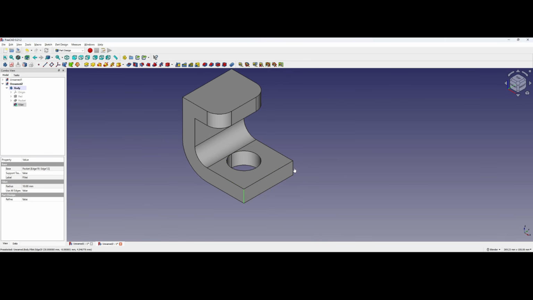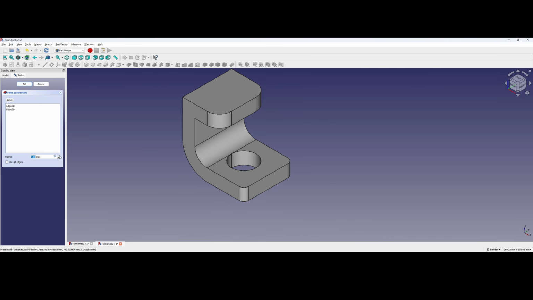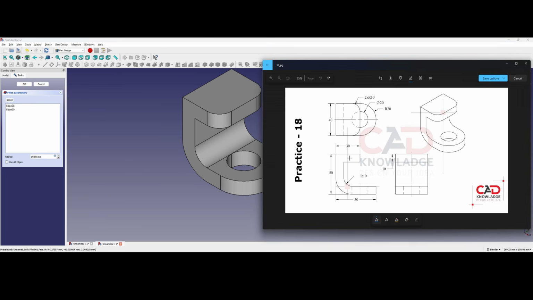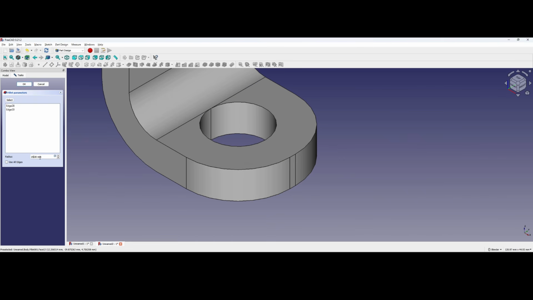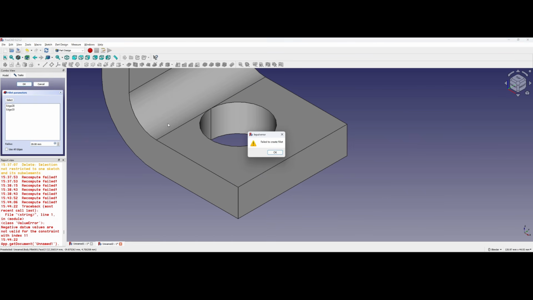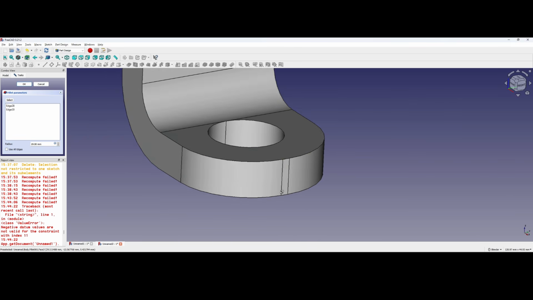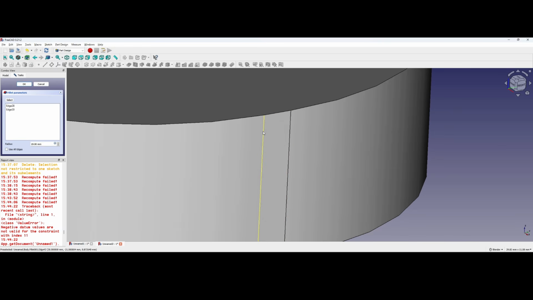So to add the radius to this bottom portion of our object, we can do the same method and use the fillet tool on these faces. However, you'll see a limitation of FreeCAD once we try to do that. In our sketch, it's clear that we have a 20 millimeter radius along this edge here. If we were to try to key in the value of 20 and hit OK, FreeCAD throws an error, it says failed to create fillet. So this is a limitation of the fillet tool within FreeCAD. Basically, a fillet cannot